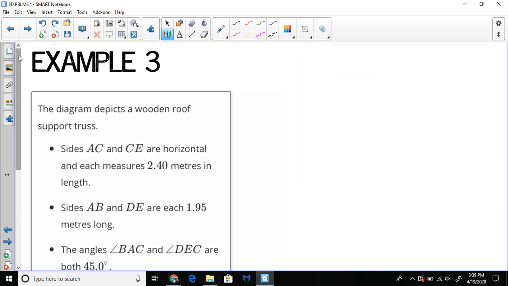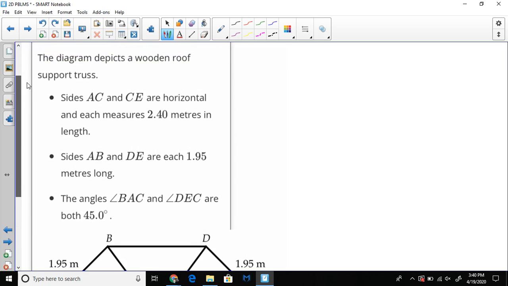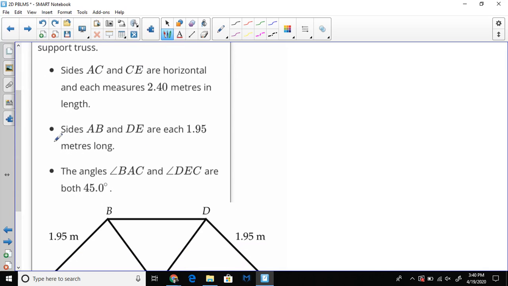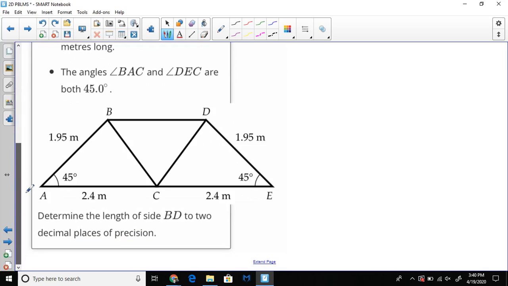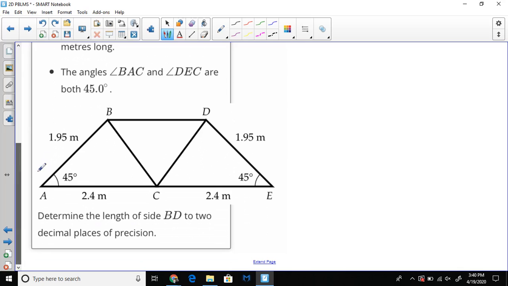Anyways, last example. The diagram below depicts all this information. So all this stuff is on the picture down below. Okay. So I have this length is 1.95 meters. This is 1.95 meters. This is 45, this is 45, 2.4, 2.4. So literally this triangle